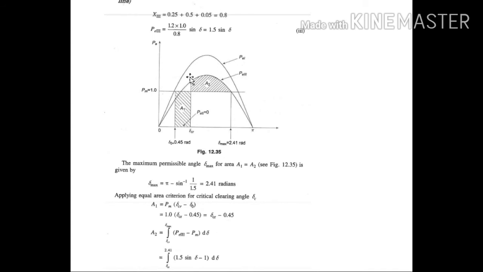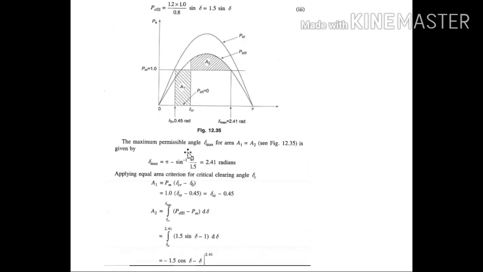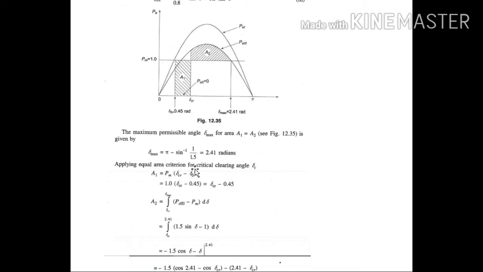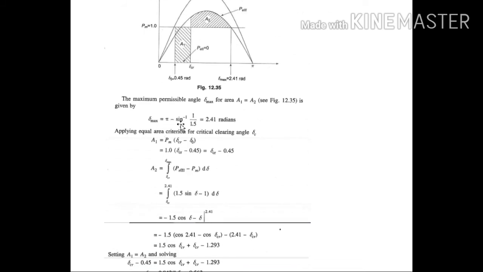You can easily see these power angle curves for these operations, PE1, PE2 and PE3. You observe here PE2 is 0? Yes. Then the maximum permissible angle del max, for which area A1 is equal to A2, will be del max equals pi minus sine inverse, the formula. Are you remembering that formula from our formula sheet? That is pi minus sine inverse Pm upon P max 3. So we got the value 2.41 radians.